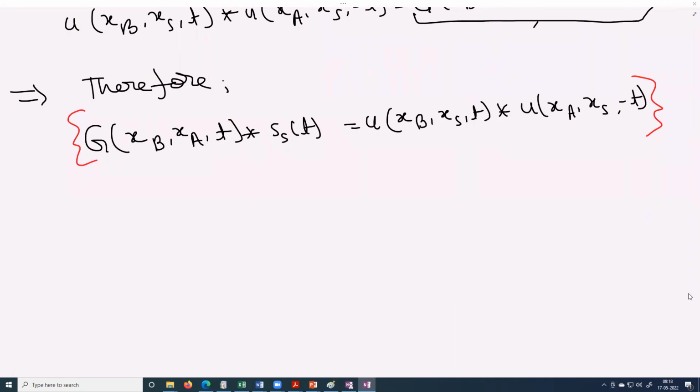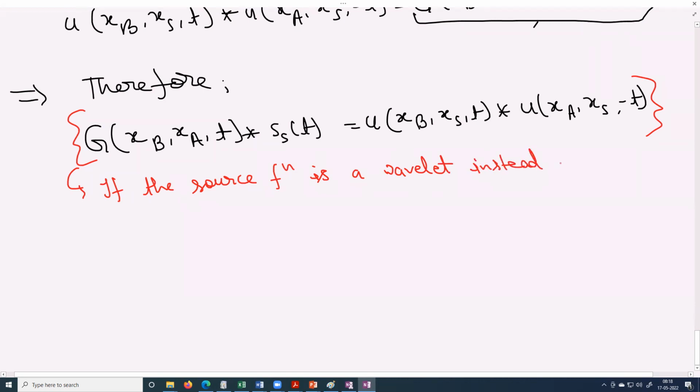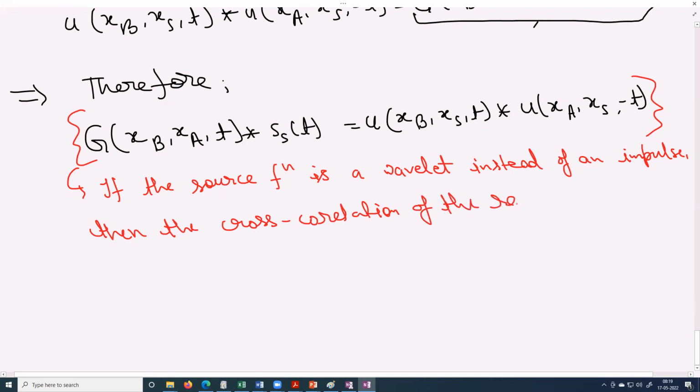Okay. So now, in the form of text, we can write it like: if the source function is a wavelet, instead of an impulse, then the cross correlation of the responses, then this is the cross correlation of the responses